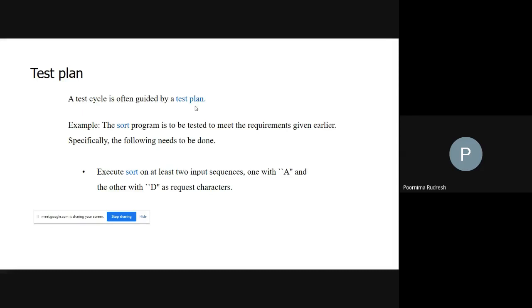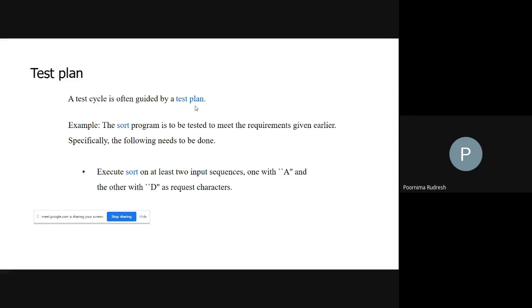Now we are concentrating on preparing the test plan for the SART program. Then what will be the test plan for the SART program? As I explained, what is the test plan consisting of? It consists of a series of steps to be followed in the testing process for the SART program. So whenever you are starting the testing process, what will be the first step? Executing that particular program.